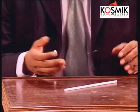This is based on a very silly idea. You just use your breath from the mouth to move the straw. In fact, you blow on the straw, but the audience are not aware of it. What you do is rub your hands like this, creating energy, and after that,